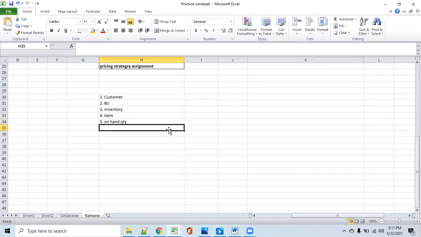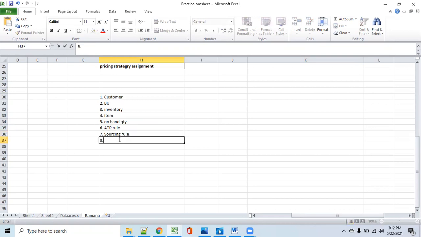If you have any stock, that is on hand. Sixth one is ATP rule, which we have shown this morning. Seventh one is source rule, sourcing rule. Eighth one is after defining the sourcing rule, add to assignment set. Okay, assignment set. Ninth one is this